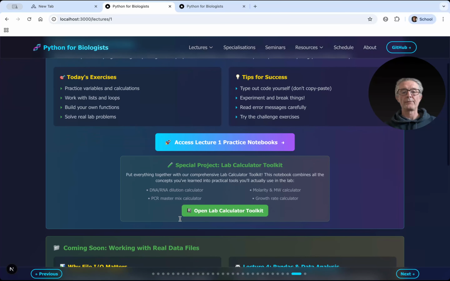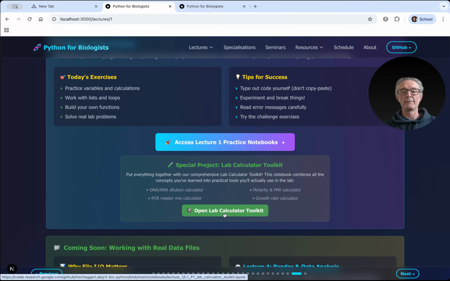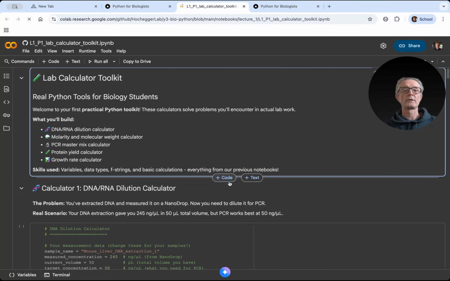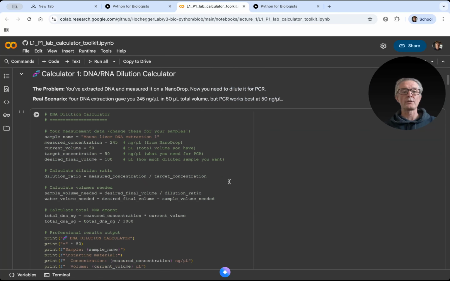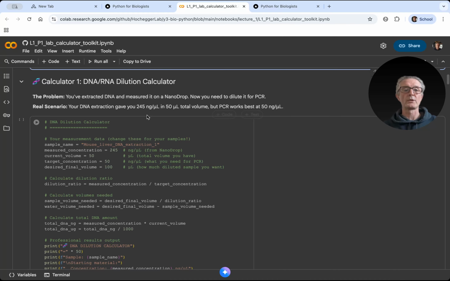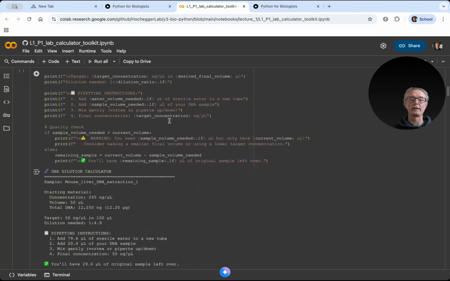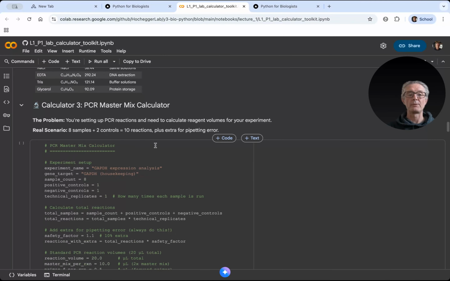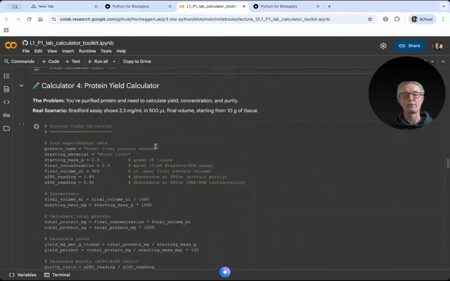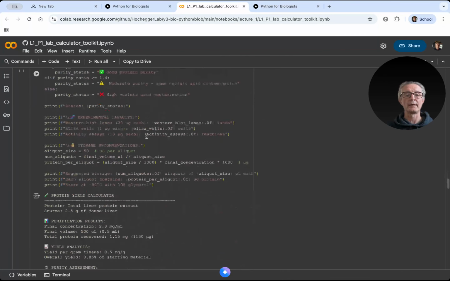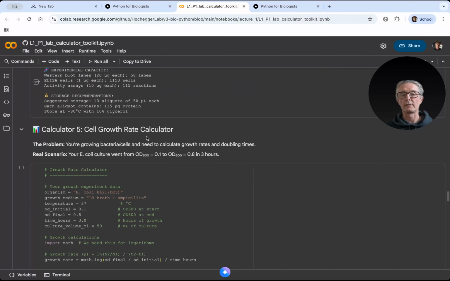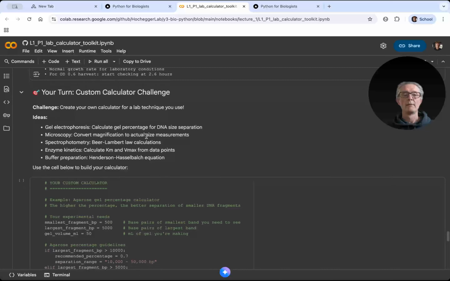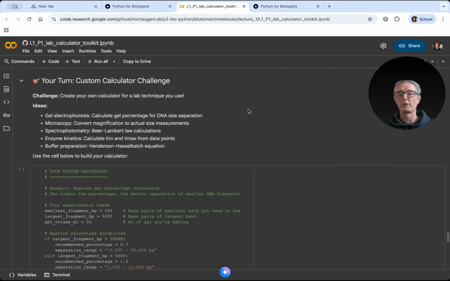Also, we have generated some suggestions to apply this to other problems. So some similar calculations, similar programs where you solve different problems like a dilution calculator or molecular weight, like we've done, PCR mix calculator, things like you use in a lab, protein yield calculator. These are all quite cell biology, molecular biology specific things, but don't be put off by that if that's not